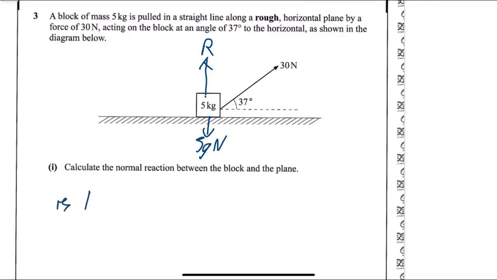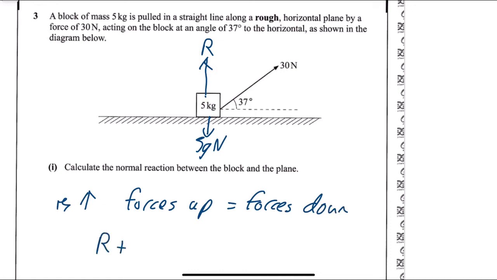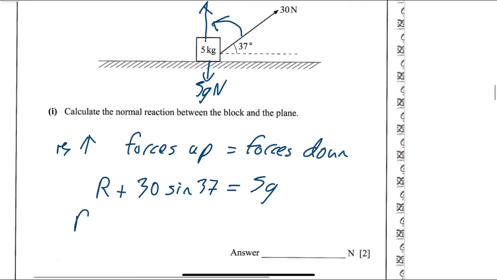But all you're doing here is resolving vertically. So basically, the forces up equal the forces down. Okay, it is that easy. So going up, you've got R plus, and you want to pull this 30 round to here. You don't have the angle, which means you use sine. So it's 30 sine 37 is equal to 5g. Wee bit of rearranging: R is equal to 5g, which is 10, minus 30 sine 37. And if I've done that correctly, remember it was 2 decimal places,